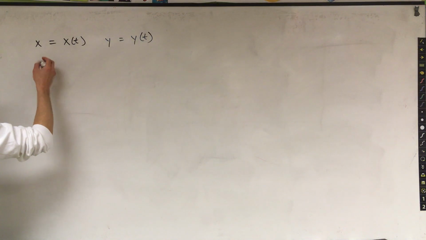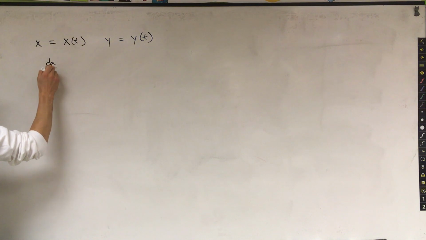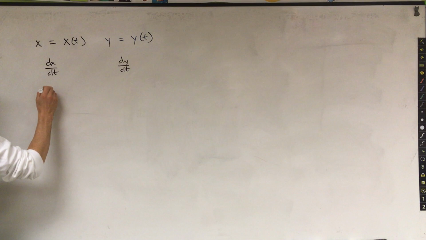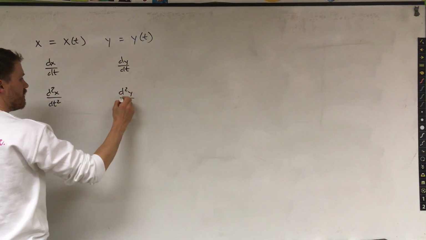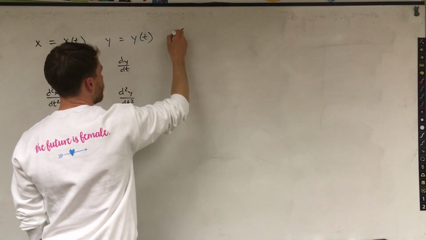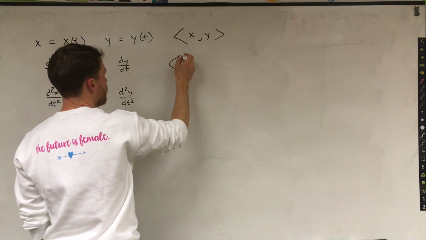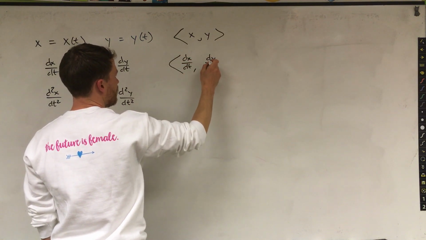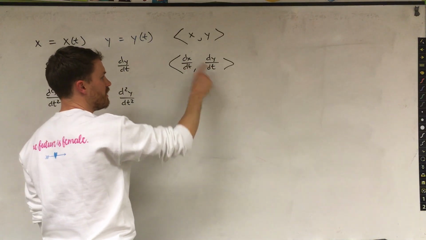So if you take a derivative, you get dx/dt and dy/dt. If you take another derivative, you get d2x/dt squared and d2y/dt squared. And these give you three things: your position vector, x, y, your velocity vector, dx/dt, dy/dt, horizontal velocity, vertical velocity, how quickly you're moving left and right, how quickly you're moving up